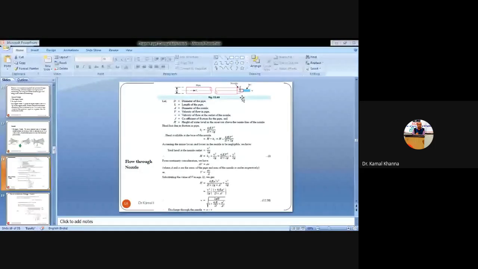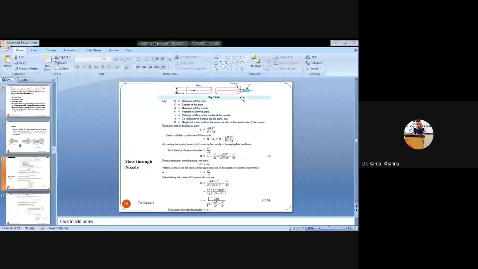So whenever you are calculating the actual head when the water is flowing from one end to the other end of the pipe, you have to subtract the frictional head, or the loss of head due to friction, from the total head. So it becomes equal to H minus hf, that is H minus 4FL V square by 2gD. So we are subtracting the frictional head from the total head to calculate the actual head, or the actual energy which is left when the water is releasing from the exit point of the nozzle.